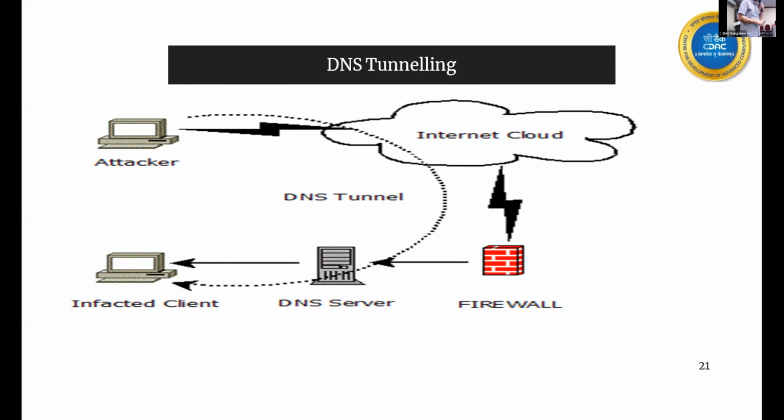The firewall can be changed. What will you change? DNS queries should not be allowed if you have a separate network. But in a normal IT network, they always want internet. In a normal IT network, you always allow DNS queries, right? So in that case, you cannot mitigate this. In this IT network, you have to allow DNS queries. Then only your internet will be browsable. Otherwise, you will not be able to browse. So there you cannot mitigate. But in your isolated network, disable DNS, then it can be mitigated.